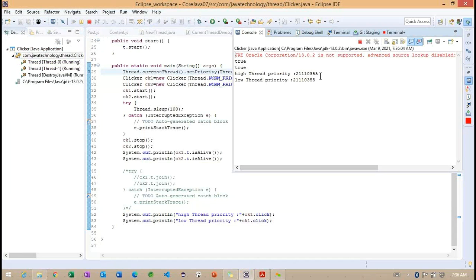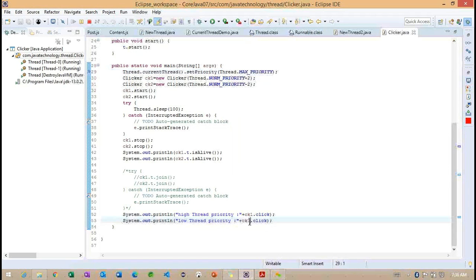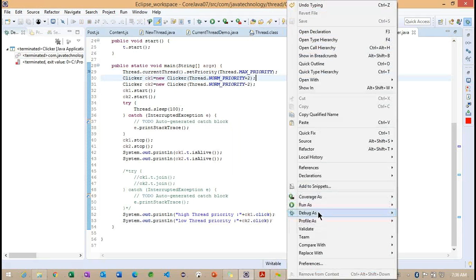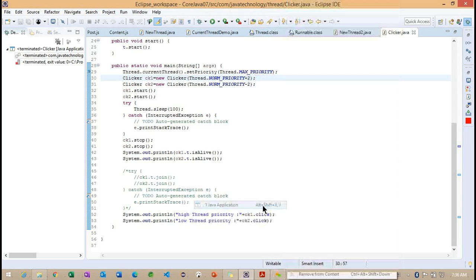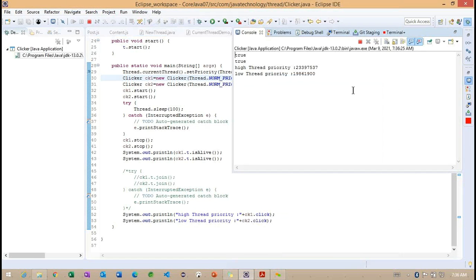Now you can observe here, sorry, here I need to change CK2. Internally, you can observe here, this is the high priority thread and this is the low priority thread.